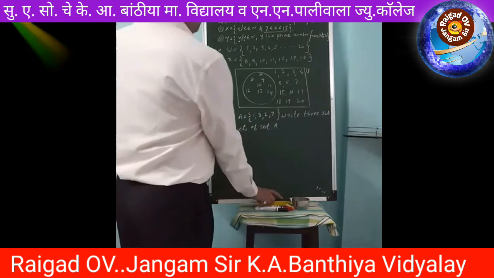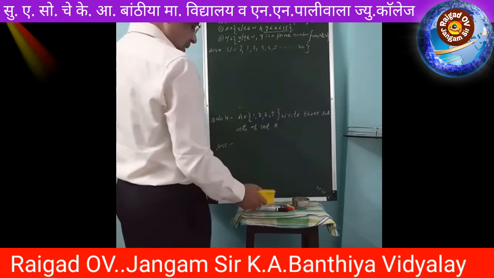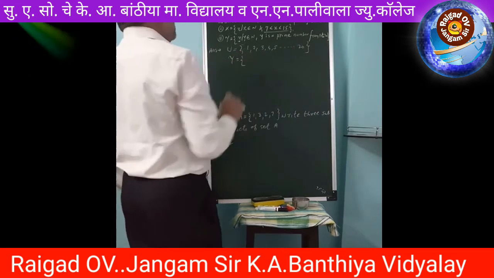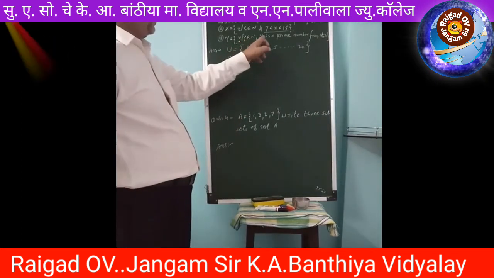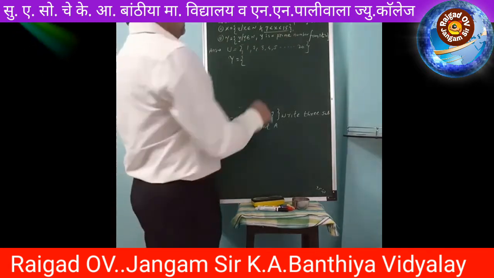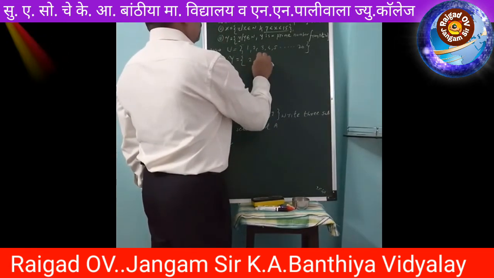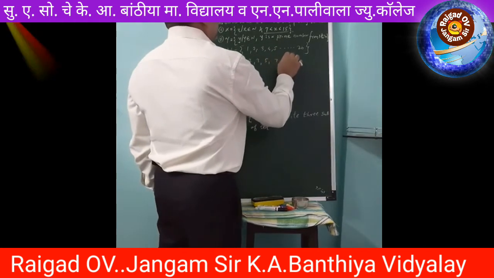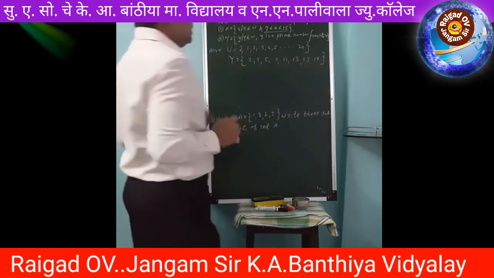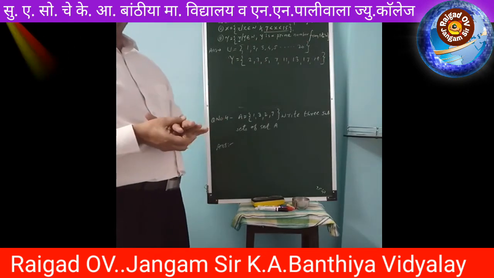Similarly you can show the set Y. For that we can also find out the elements of set Y. Y is a natural number and is a prime number. So you find the prime numbers from set U: 2, 3, 5, 7, 11, 13, 17, 19, etc. These are the prime numbers and these all are natural numbers also.